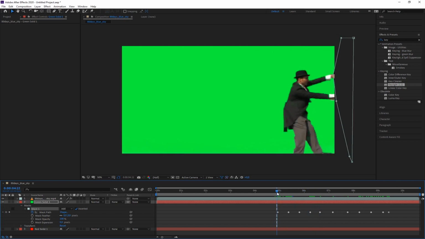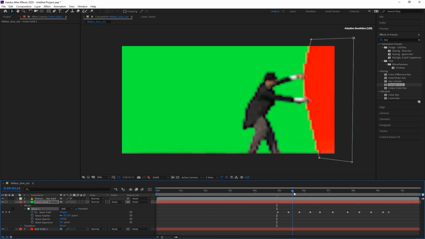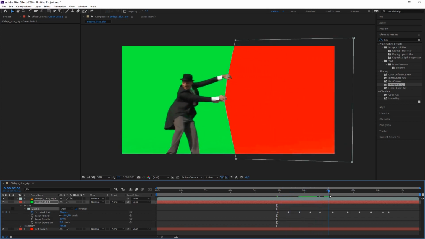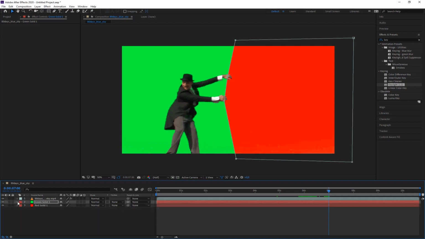It's not perfect, as I mentioned. I just did it really fast, and here is the red underneath, and now you can see it looks as if he pulls back. So now I can change the green picture to something else, like a background, and then you reveal a second background or a different location. In this case, it was for the